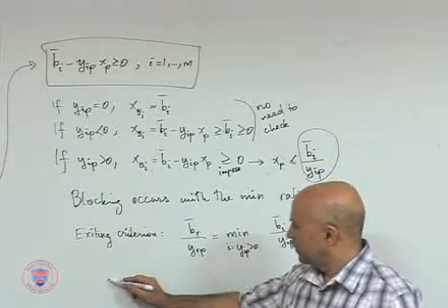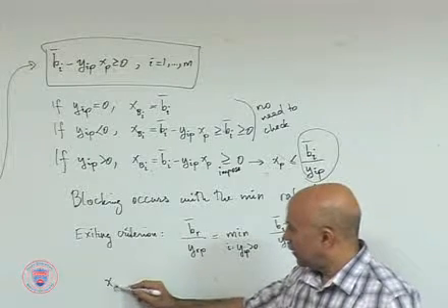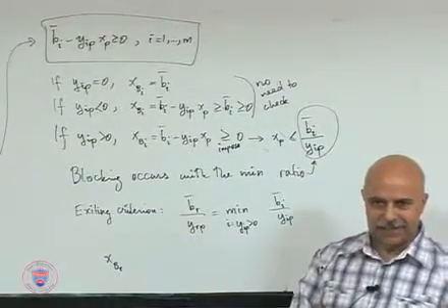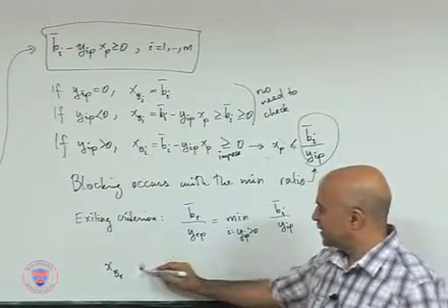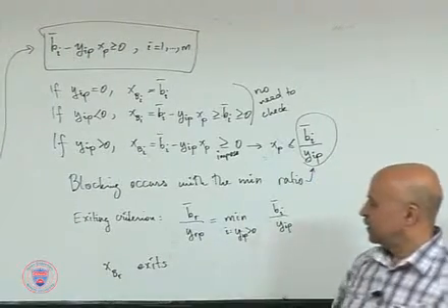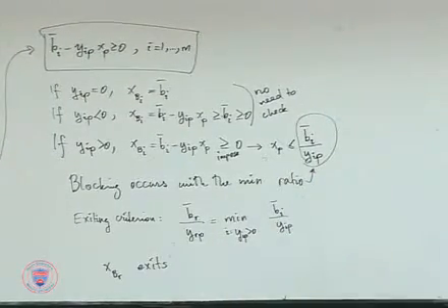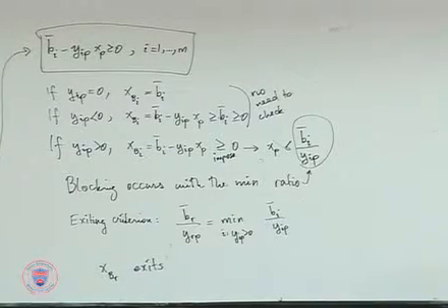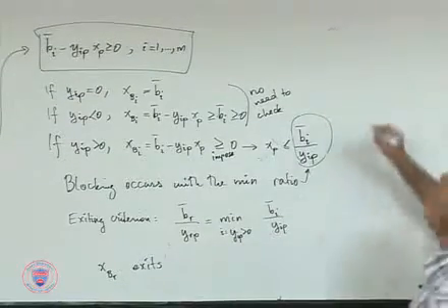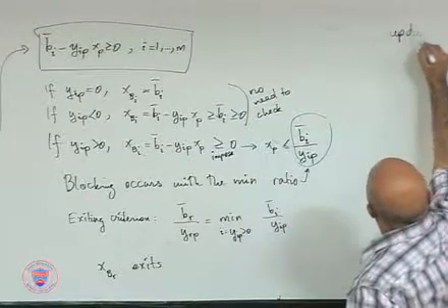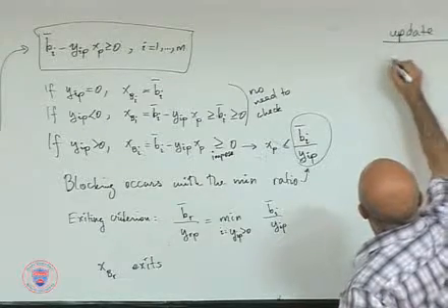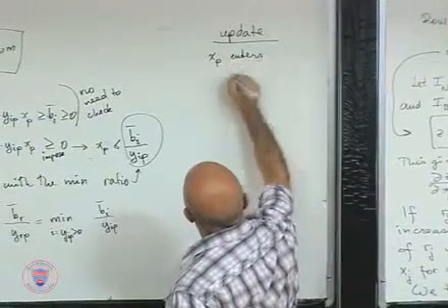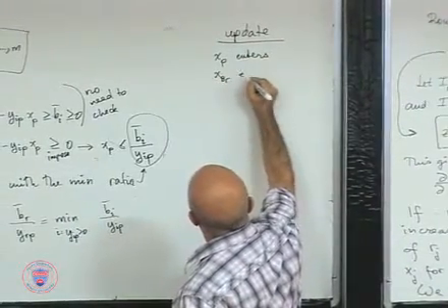And so the rth variable, xb sub r, the rth one, not xr, but xb sub r, exits. Because that's the one that blocks. So, xp enters, xb sub r exits,